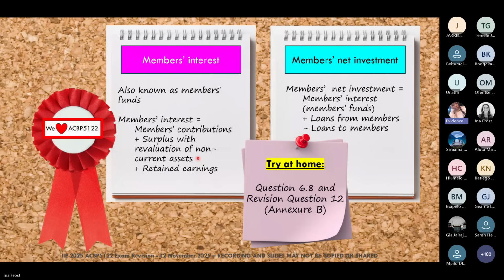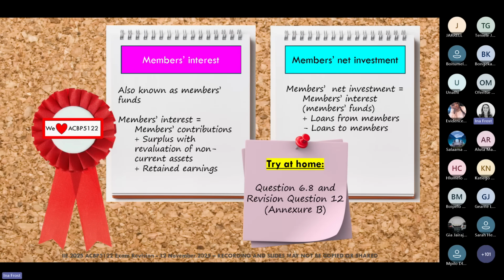So then, if that particular member is resigning, they are technically just taking their investment along with what they have received in profits from the investment. So think about yourself. If you were to buy shares and the shares increase in value, when you withdraw your shares or when you sell your shares, you're going to sell them at the higher price, meaning you will also receive the profit from what you originally bought the shares for. Hopefully that is making sense a bit. My brain is a bit foggy today. Sorry.